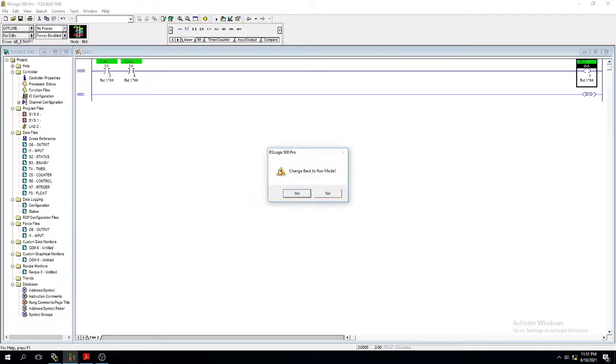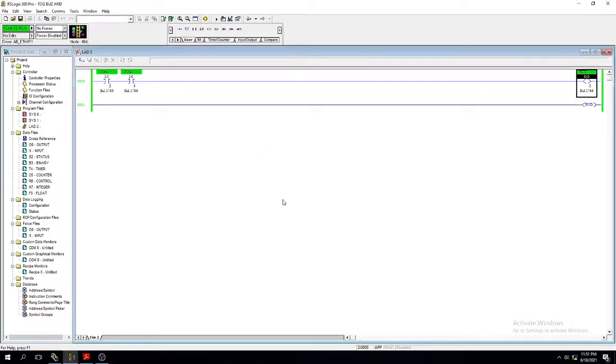Okay. Next, change back to run mode. Yes. Do you want to go online? Now if you observe the program here, this object is running and all the symbols are green. Inputs are green symbols, the rung is also a green symbol, and the output is also a green symbol.